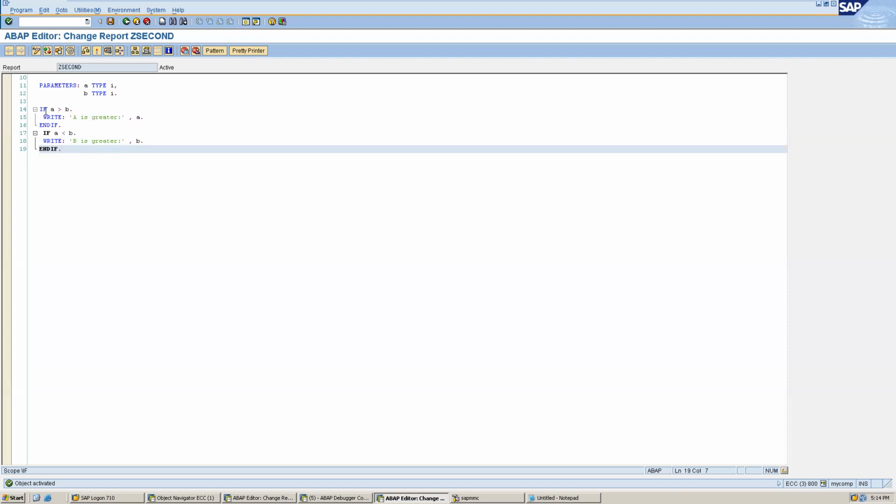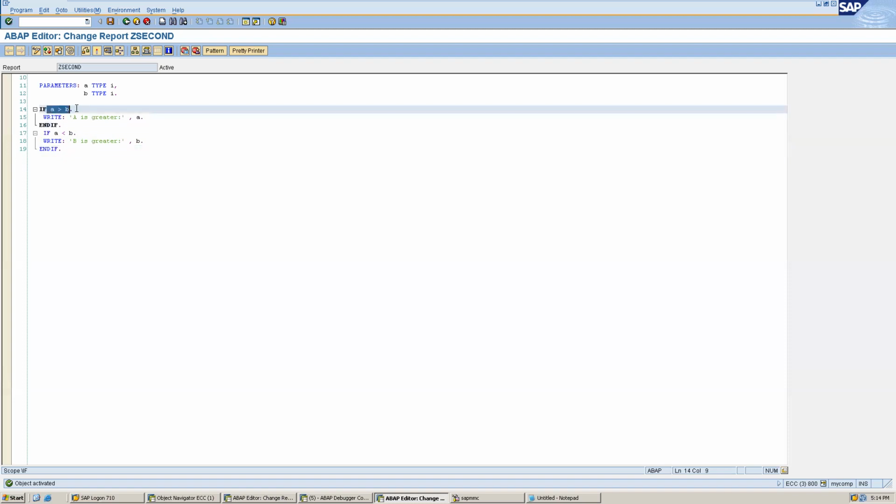Like we have to compare, right? Without comparing, how can we say? That means we have to compare first. Yeah, see, if I asked you to write anything so that it prints the greater number, what will you do? You will compare both the values. Even if I ask you which is greater between 10 and 20, you will compare both the values, then only you will take the decision.